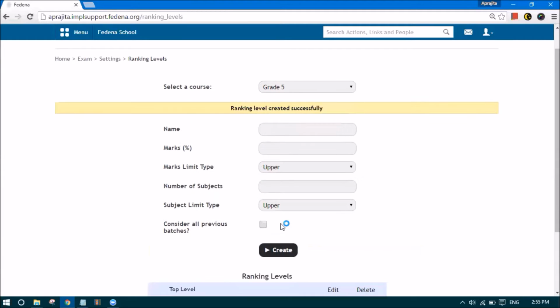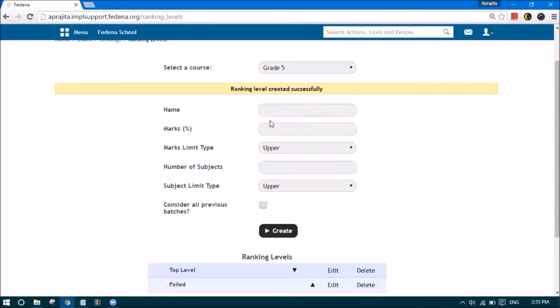So here I will create this criteria. Let me create another criteria. Let's say failed. So we are defining now the failed students. Who all will be the failed students in grade 5 on what criteria? The students who get, let's say, 30 and less marks. So we will say at most 30. So that is why I'm selecting the limit to be upper in, let's say, exactly 3 subjects, because in this batch we have created 3 subjects. So I'll create this criteria.